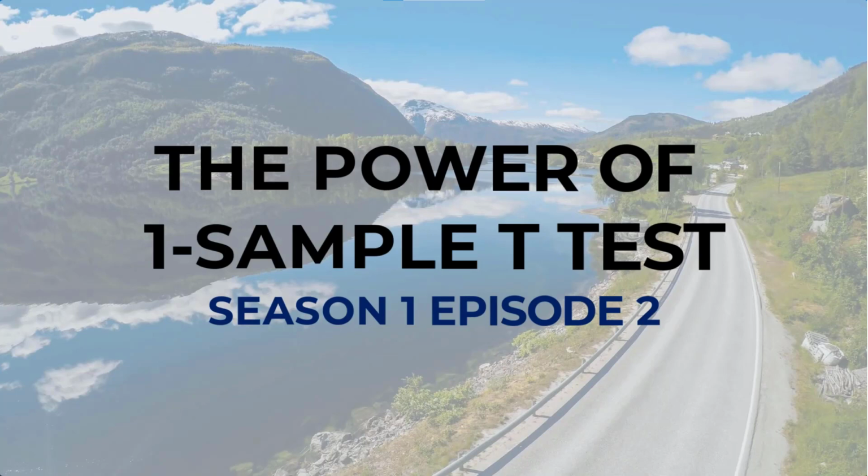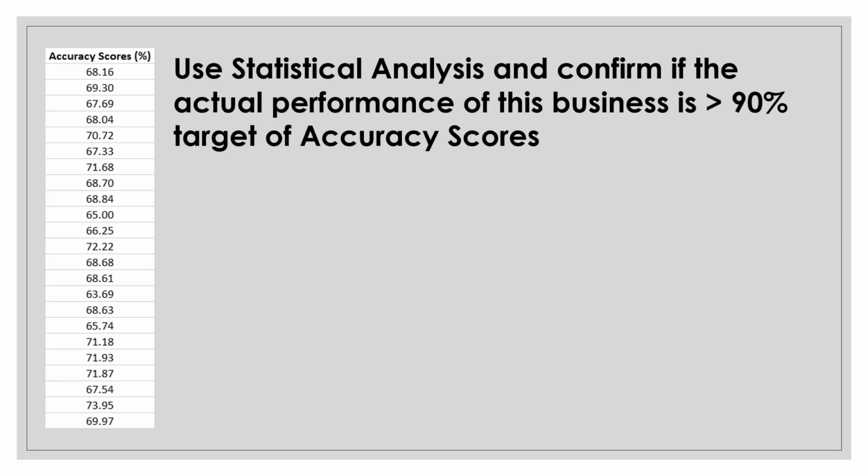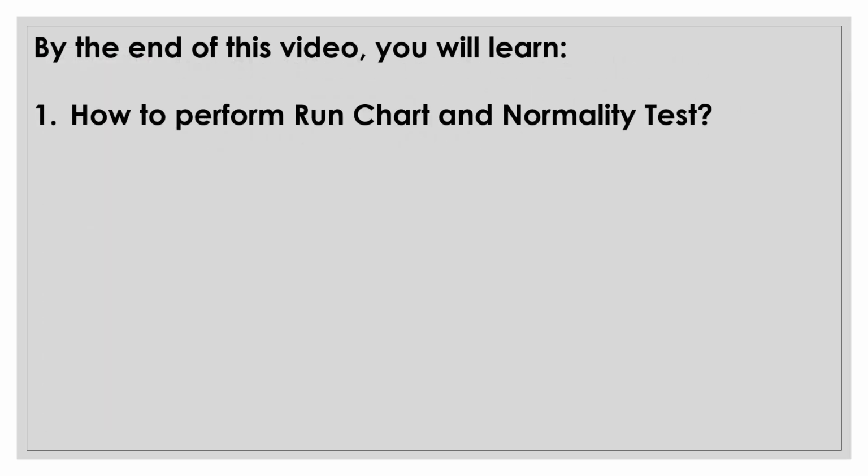the one-sample t-test. So, you are provided the accuracy scores data of a business process. You have to use statistical analysis and confirm if the actual performance of this business is beyond the 90% target of accuracy scores. By the end of this video, you will learn how to perform a run chart and the